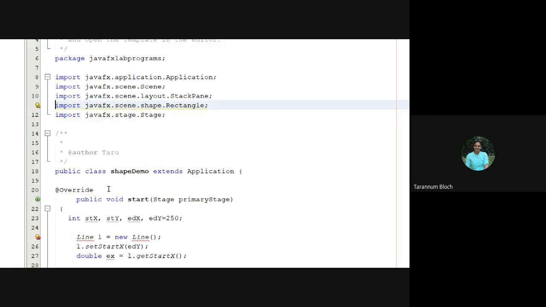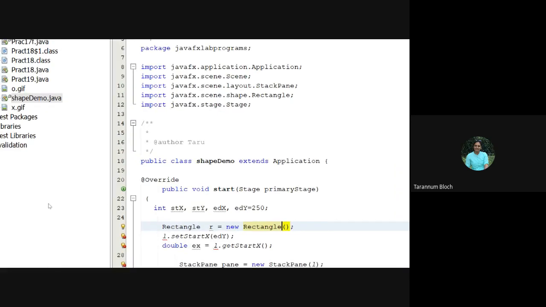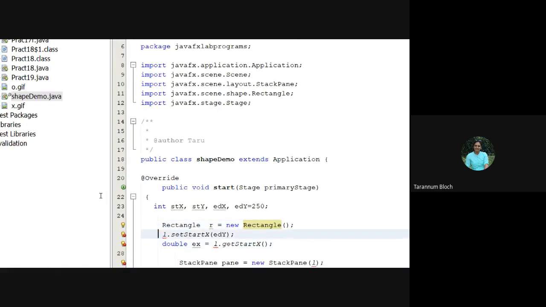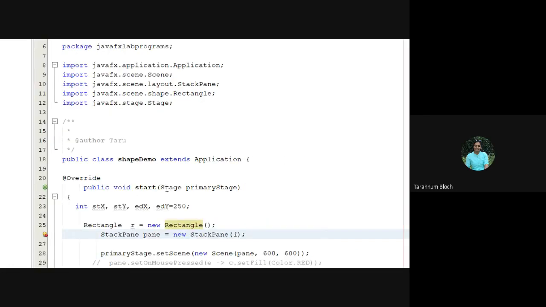So if I'm taking rectangle over here, I have to say Rectangle. I'm giving the object name r equal to new Rectangle. Fine. And I can draw the rectangle by adding it into the pane.